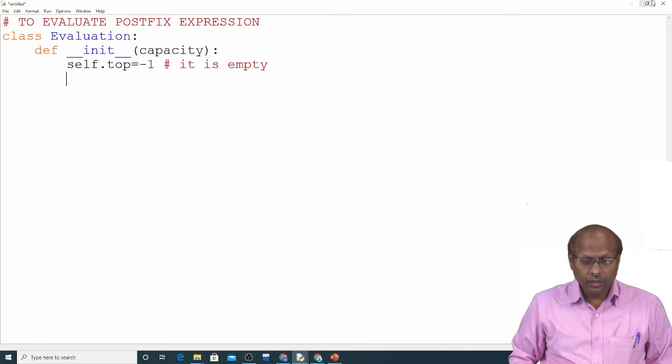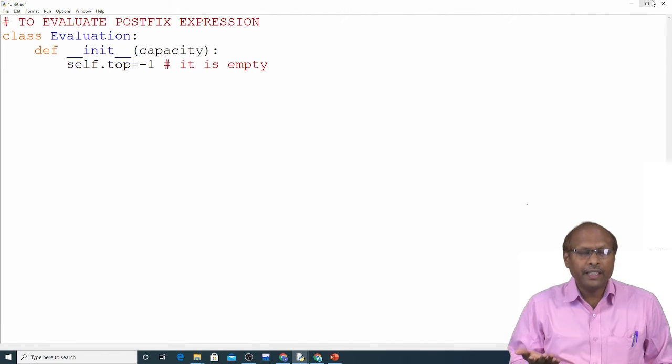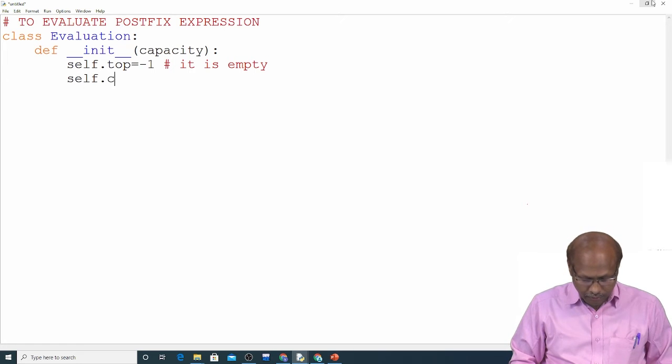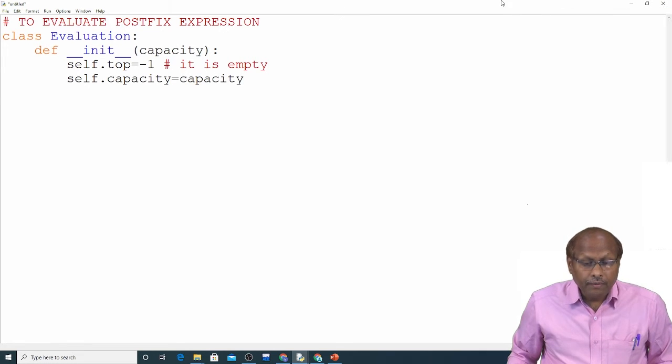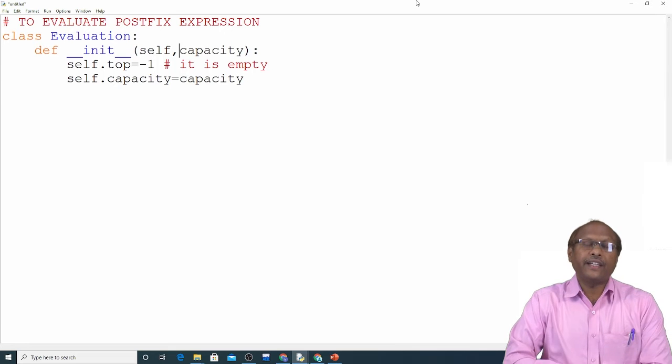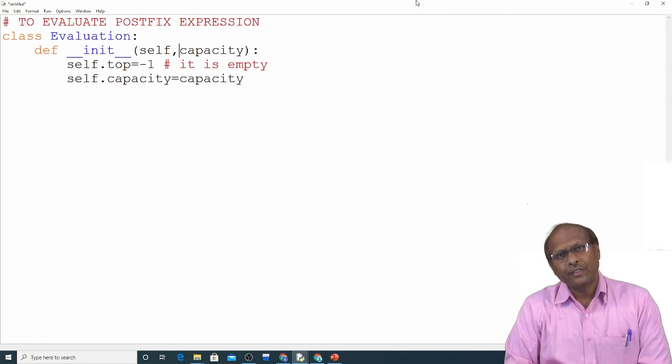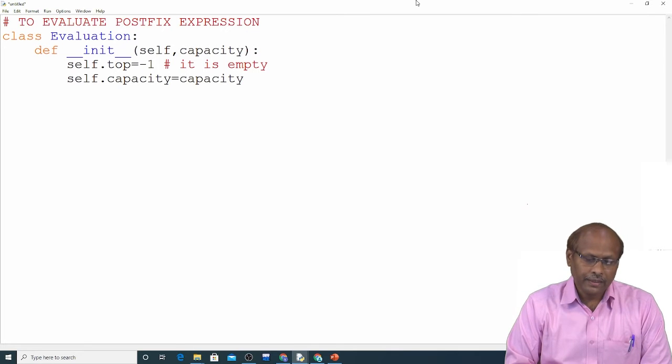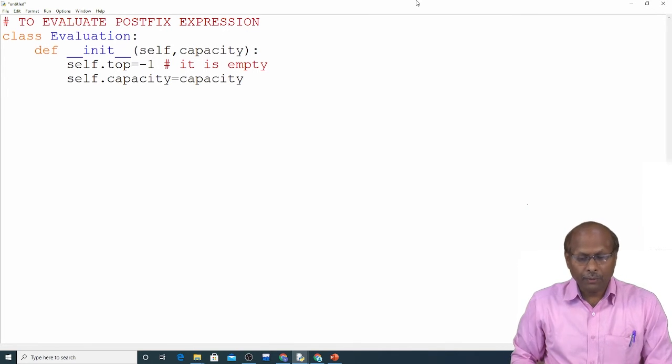So it signifies whether your stack has some element or not. If it is -1, it is empty. We are starting from the beginning. Then here I am maintaining one capacity: self.capacity equal to the capacity I pass. And remember, whenever you are writing the init method, because they are members of this class, you have to write the keyword self. If you are not writing self, it will give an error. It will say that it is not a member method. Of course, the constructor is always a member of the class. So you write the self keyword,